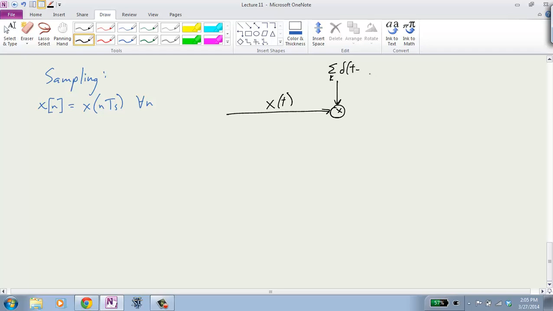In the last lecture, I just did t minus k. Here I'm going to do k ts. And what comes out here now, as we discussed, is just the value of x at each of the delta functions multiplied by a delta function, right? So we end up with,